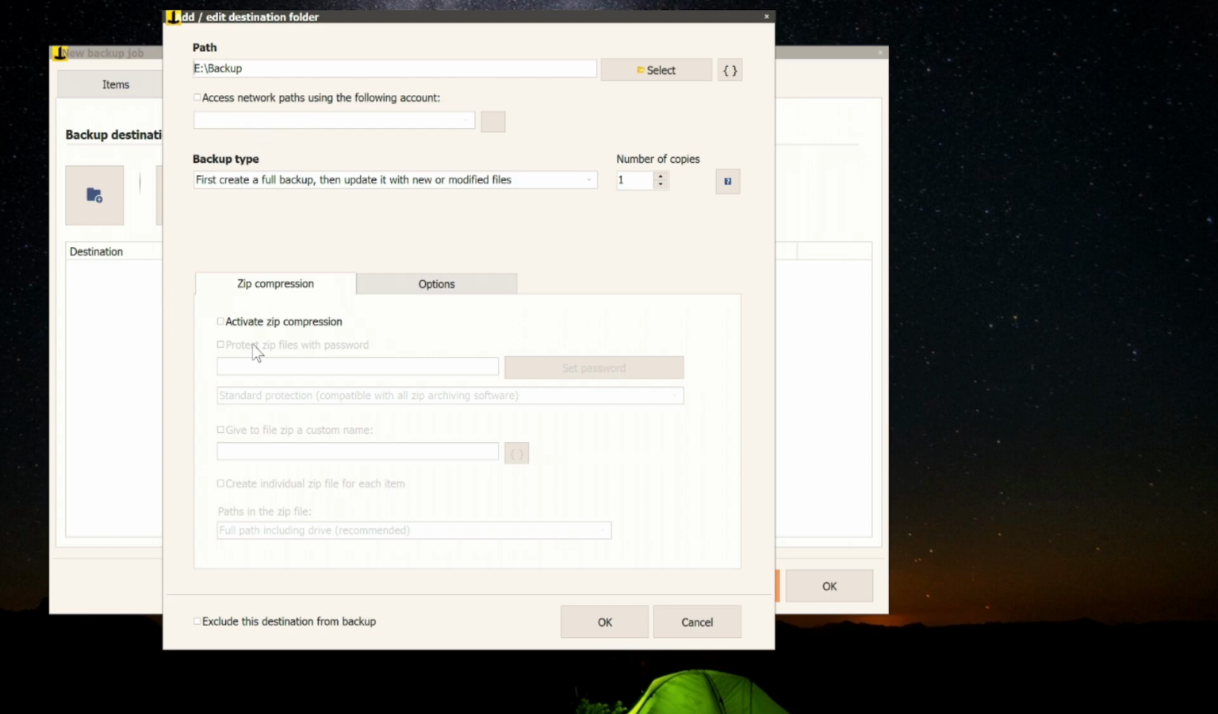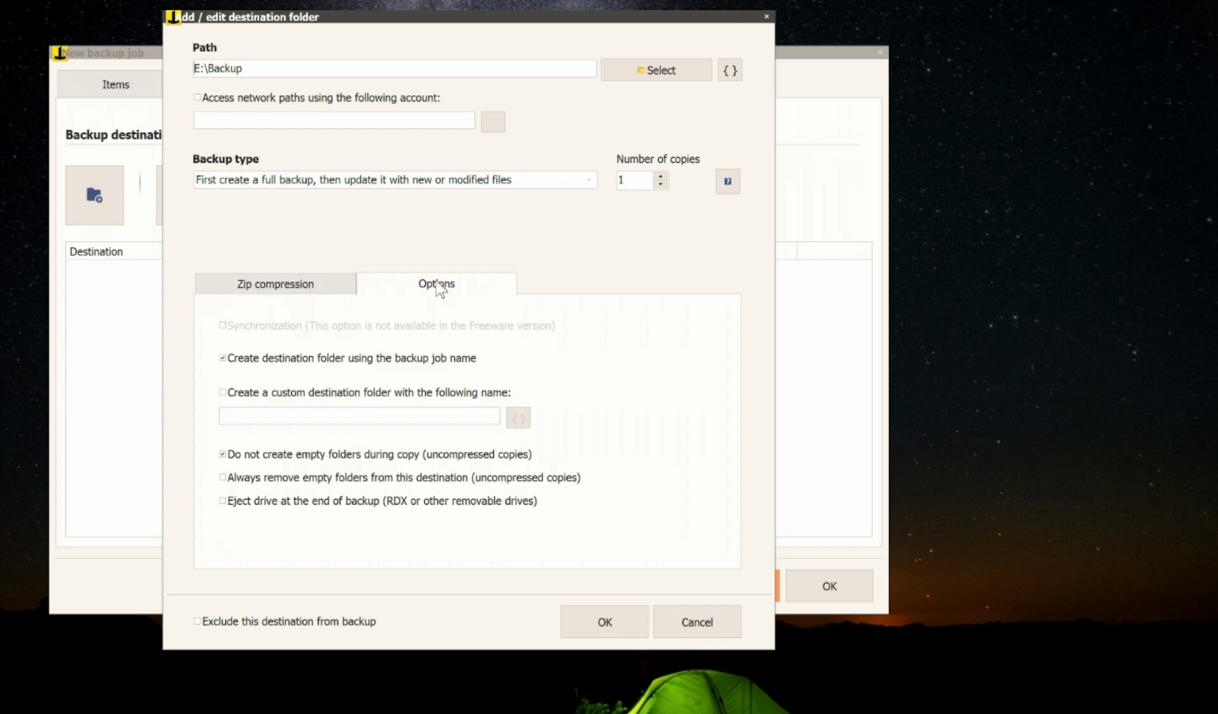We don't want to activate any zip compression, but we're going to go into our options and make sure this is ticked, saying create destination folder using the backup job name, and I'll explain that later. We've got this one here that says do not create empty folders. So in other words, don't bother creating a folder if there's nothing in there. And we're going to leave this one, which says if there are empty folders on the destination drive, that's a USB drive, then remove them, unticked, because we want to keep those. And then we're going to click on